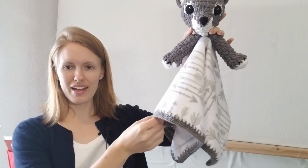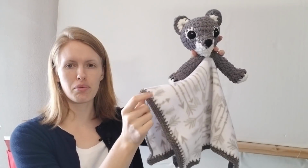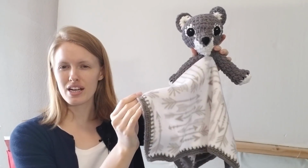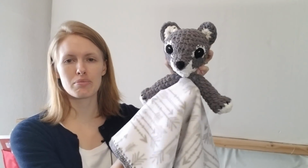I just uploaded the vlog for what will be last week by the time you're watching this, but I finished the wolf lovey and want to show you guys. So here we are. I did end up going with the thicker border. I think it's a lot cuter than the thinner one, and I ended up attaching the blanket